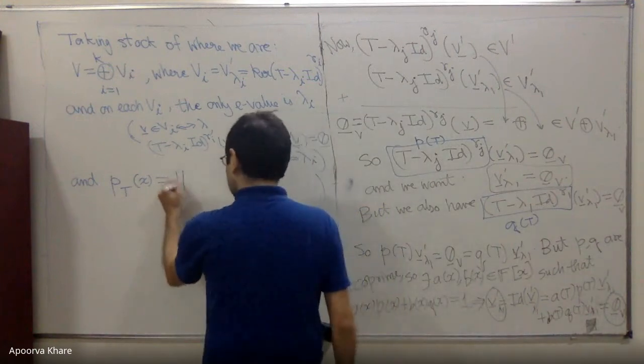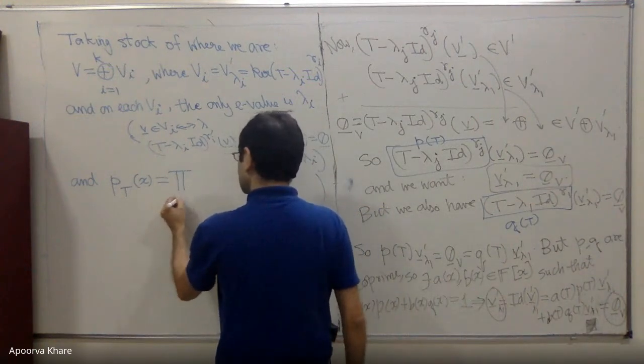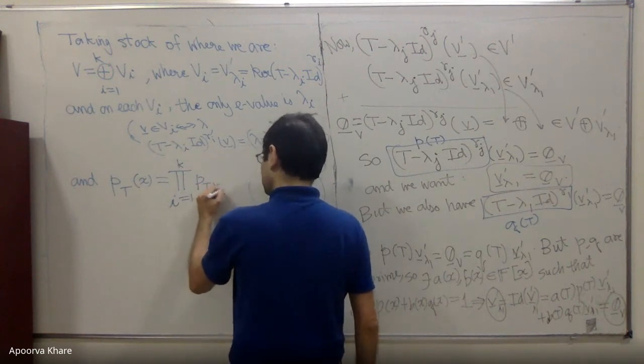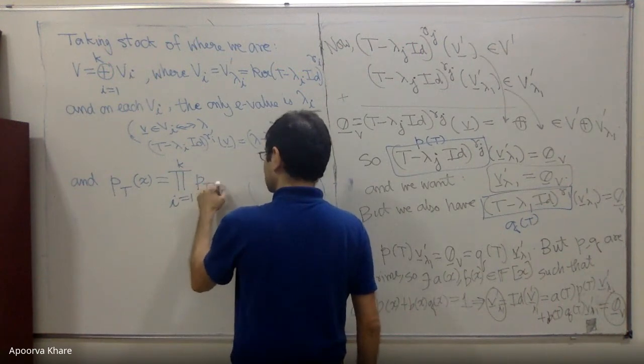So this is the product, i goes from 1 to k, of P_{V_i}, or T restricted to V_i, either way, of x,